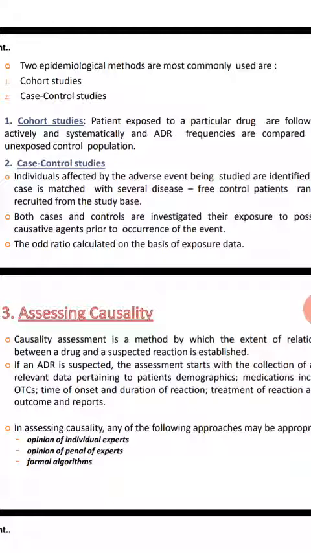For example, after that you can use the odds ratio. By this formula you can calculate the probability of risk associated with case control. Generally, if the disease patients are exposed more to the drug, you see a higher rate of exposure in the disease case group. You can then know that the ADR mainly results from this drug.